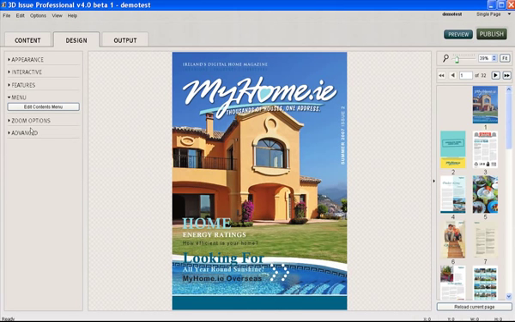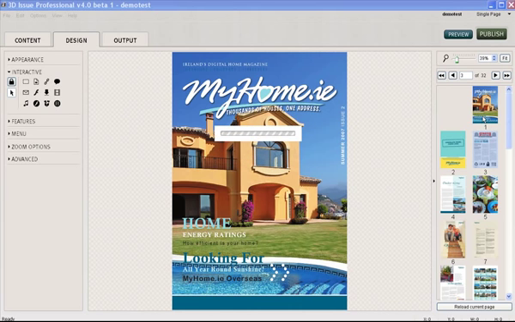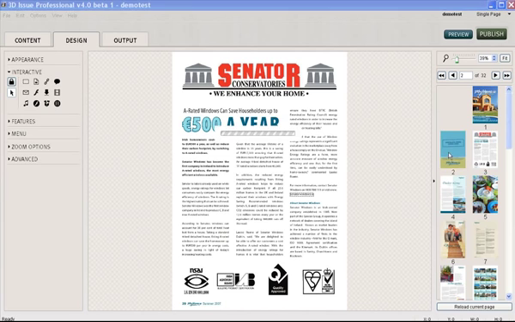So now we're going to look at one of the key features or key areas within the 3D Issue software, which is again under the Design tab, and we're going to have a look at Interactive. So these are all the interactive elements that you can add to the individual pages within your publication. Now you can just simply select over here on the right hand side what page that you want to add